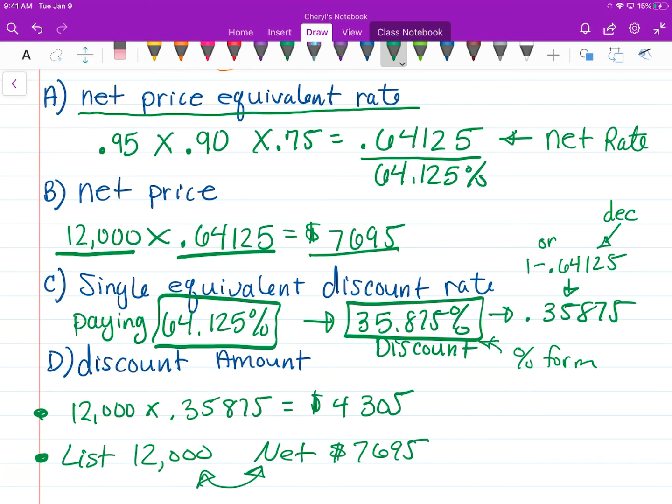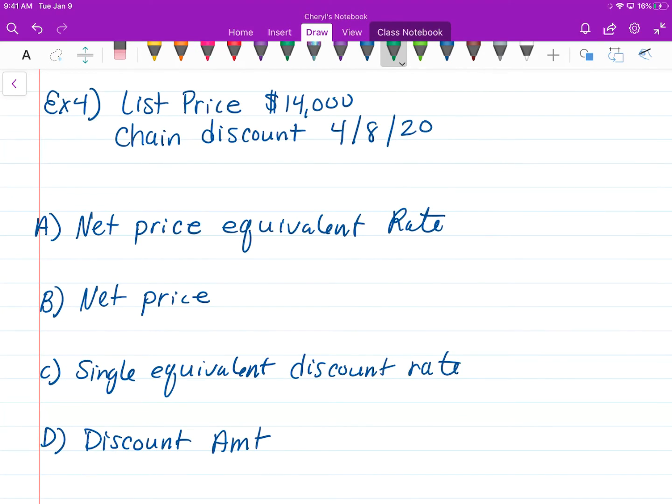Either one works fine. Let's go through one more example with the chain discount, because that was a lot to take in example 3, and we want to make sure that you understand. So in this example, we have a list price of $14,000 and a chain discount of 4% off, then 8% off, then 20% off. And in part A, we're going to find the net price equivalent rate, which means we're going to try to find the rate written as one single percentage or one single decimal that will help us